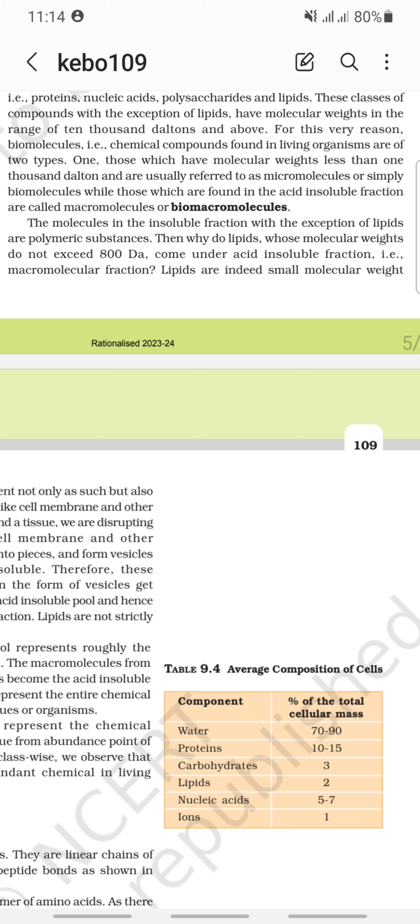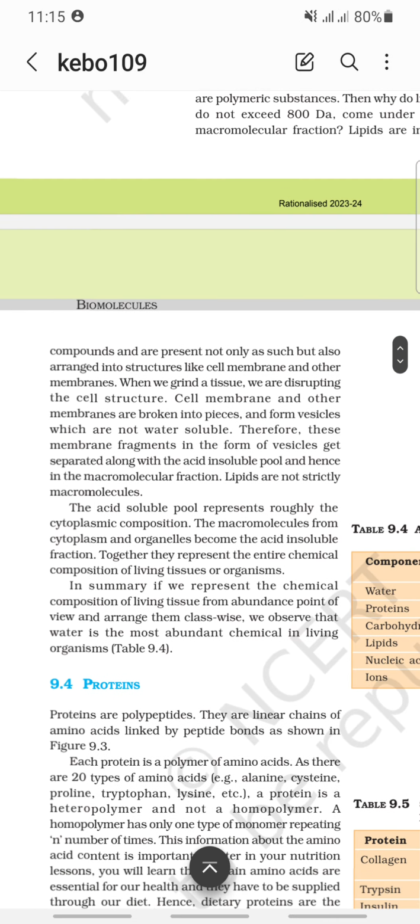The molecules in the insoluble fraction, with the exception of lipids, are polymeric substances. Then why do lipids, whose molecular weight does not exceed 800 Dalton, come under the acid insoluble fraction, that is, the macromolecule fraction? Lipids are indeed small molecular weight